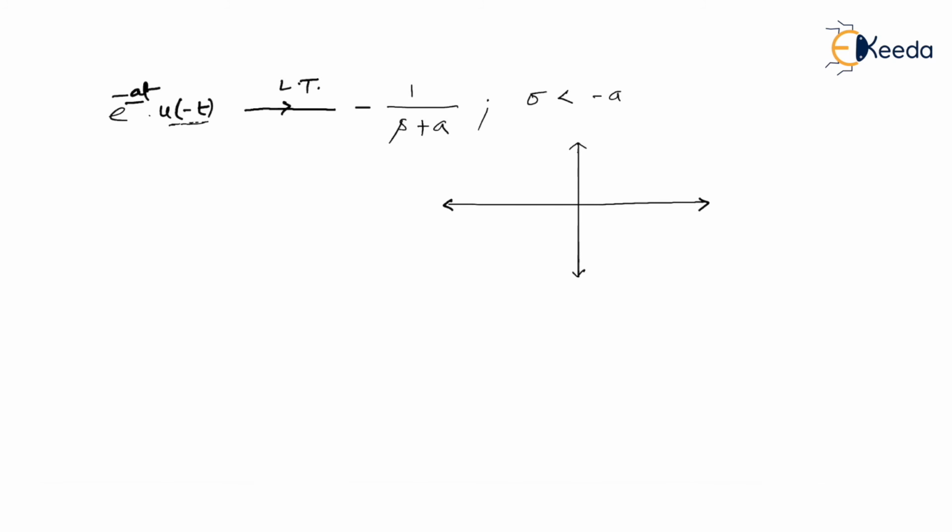As you can see, the pole is present at minus a and the ROC area is sigma less than minus a. Let me plot it. So this is the ROC area. If you notice something, this is your sigma equal to 0 point, am I right? This is your plus sigma, this is minus sigma, this is minus j omega axis. So within this ROC, if you see, your ROC is not including the j omega axis. I repeat, your ROC is not including the j omega axis. So we can conclude that this system is an unstable system.